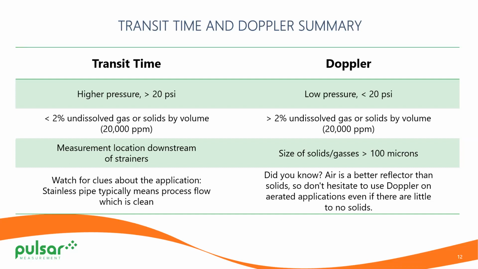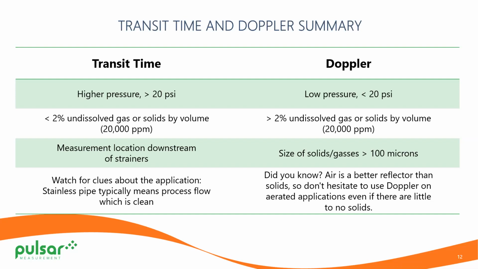Transit time, another example, if the location is measurement downstream of strainers. So if you have a raw water line coming in and there aren't any strainers, no filtering or anything, that might be more for a Doppler. But if the water has been filtered or cleaned to a degree, that's going to be transit time. The size of solids and gases we're talking about here is about 100 microns,